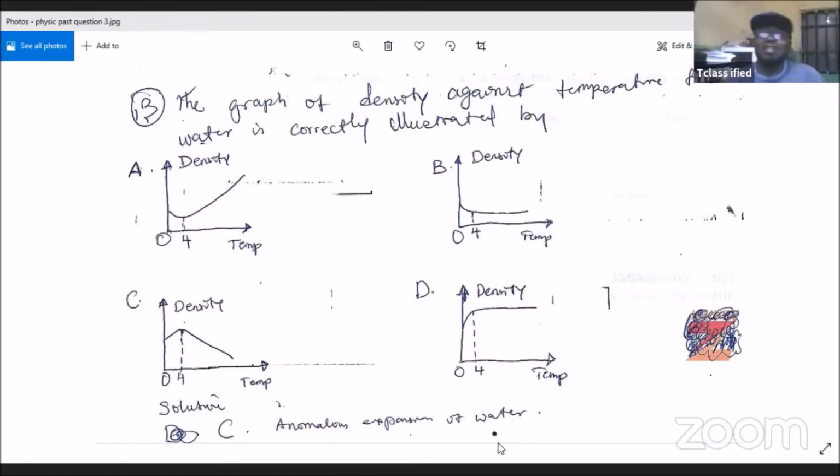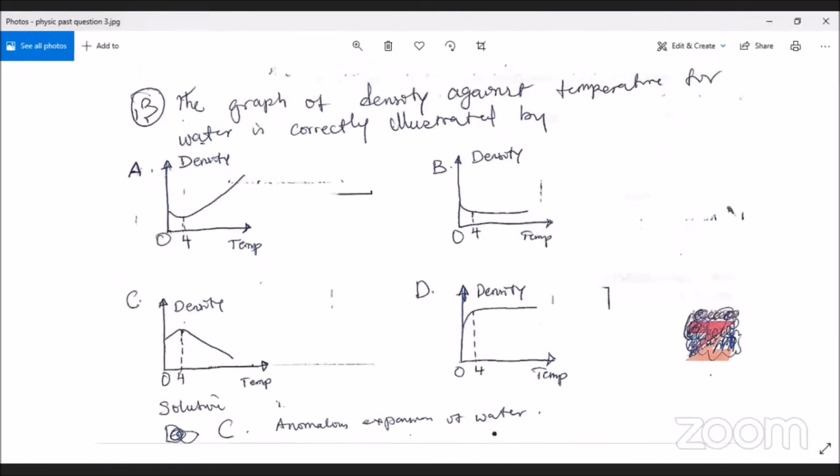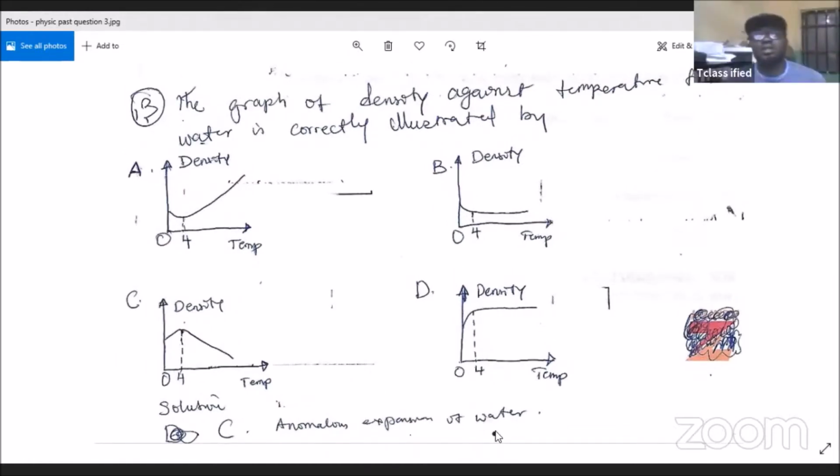Okay, so let's look at 13. The graph of density against temperature for water is correctly illustrated by the diagram on A, B, C, or D? Now, you remember we did anomalous expansion of water? Yes, I remember. So, the density is supposed to